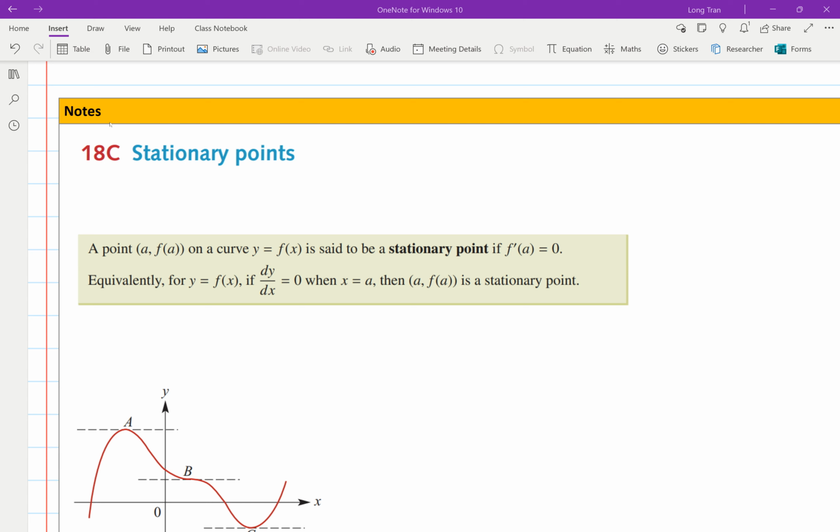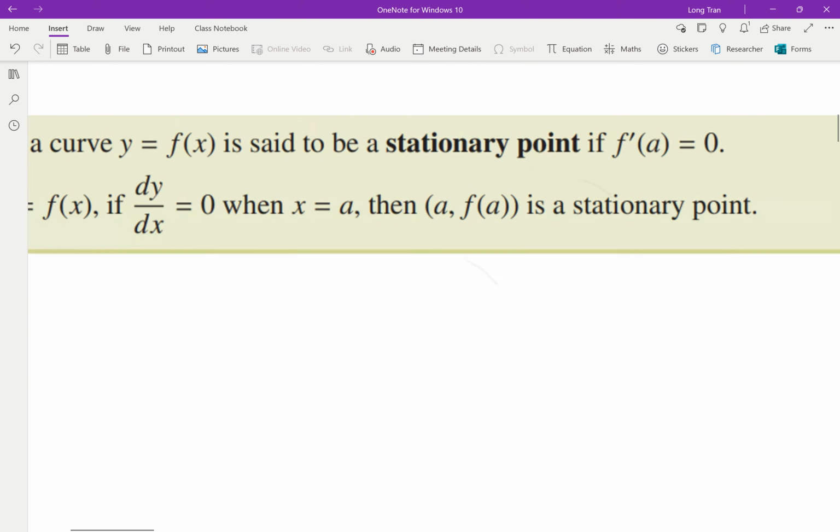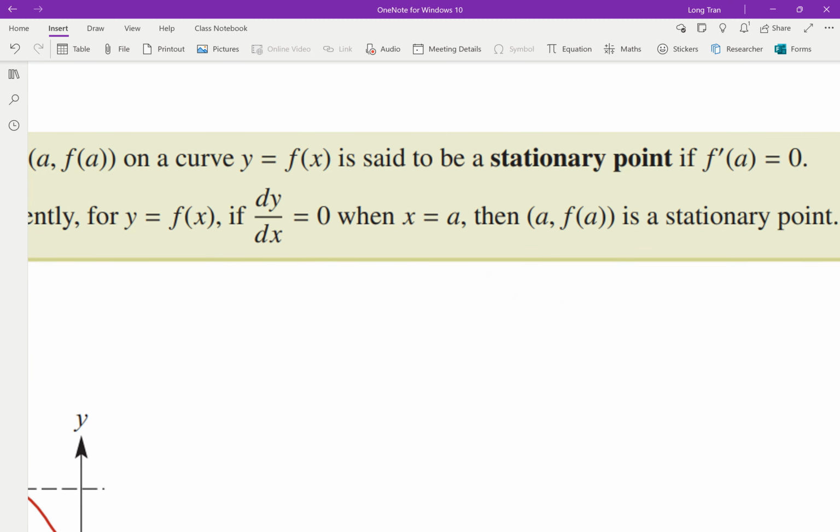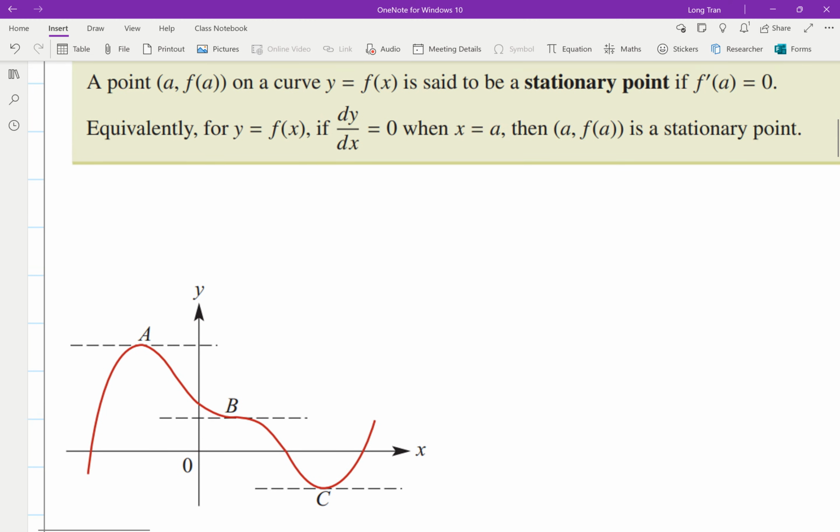Once you know those rules, chapter 18 is all about applying, analyzing functions, and then solving, say, maximum, minimum, domain, range. All of that will start to come in. And stationary points is one of your big ones. Okay, so here we go. Now, what is a stationary point? A stationary point is classified when